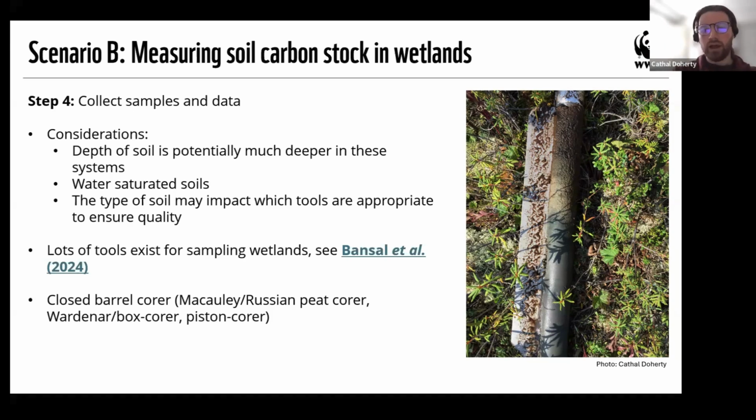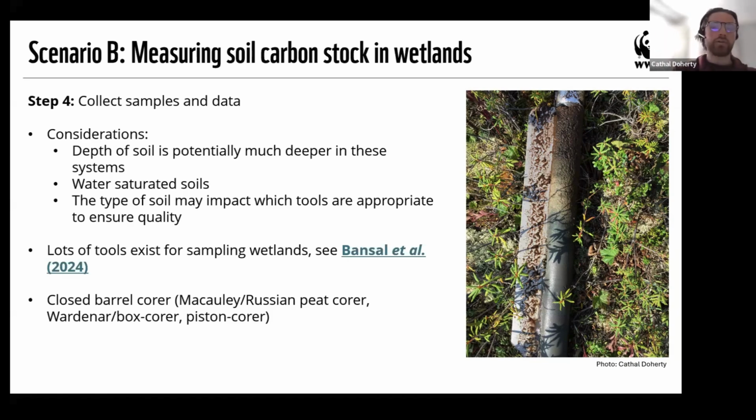And the last thing you have to consider is the type of soil. So in this scenario on the right, this was very peaty soil. It was very water saturated. The cost of it being water saturated and peaty was that it was very loose. The benefit is that it's really easy to just collect a clean core because the barrel can cut right through